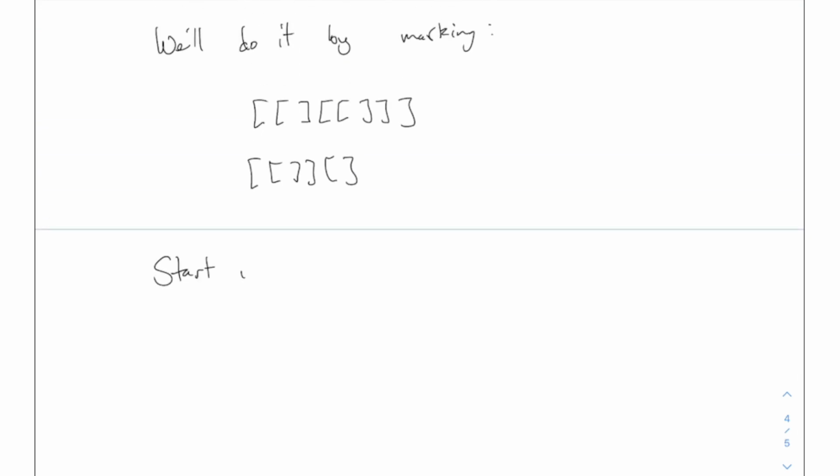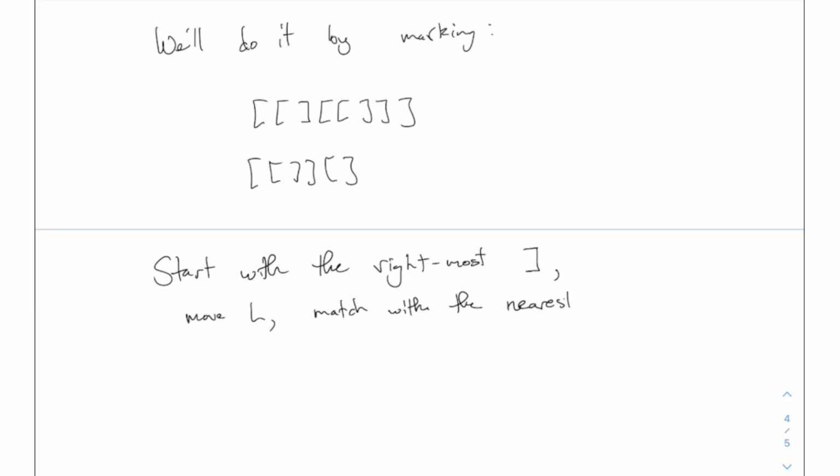start with the rightmost bracket that looks like that. And then everything is great. And we move to the left and match with the nearest bracket like that. This is the cute trick. It only works if you start at the end and move back to the left. Very strange, but true. Yeah. So,